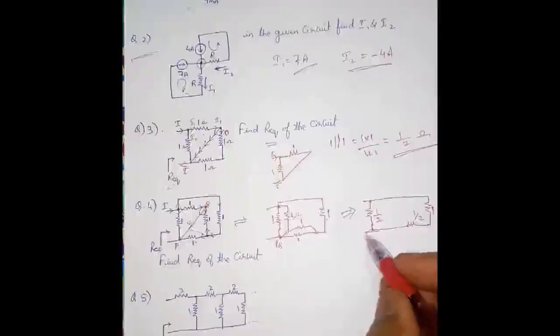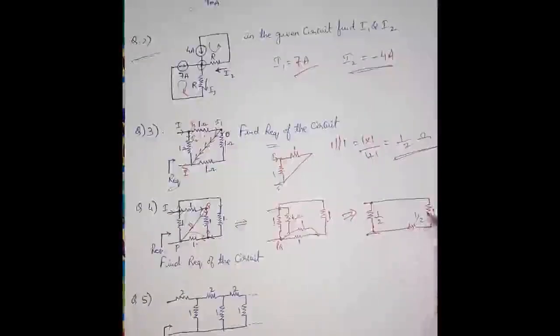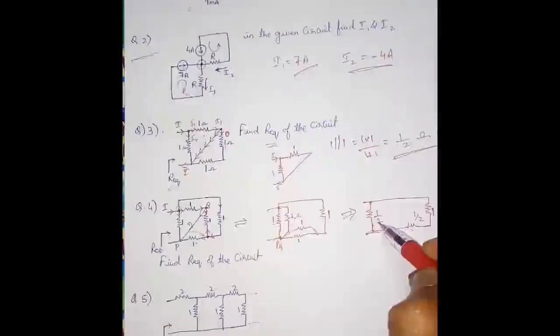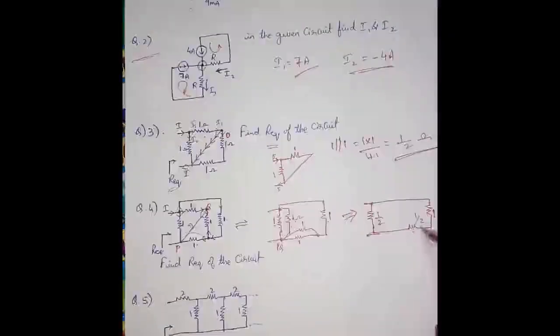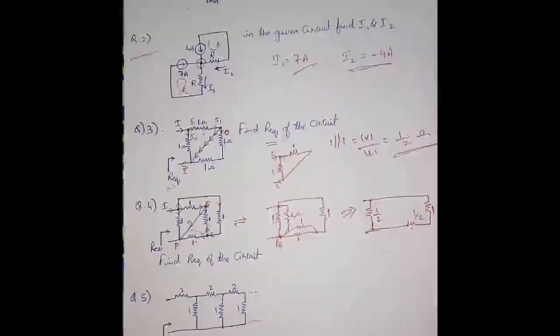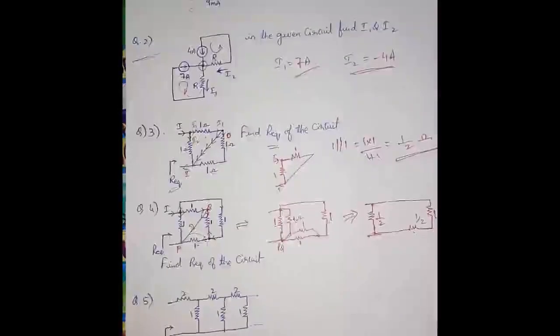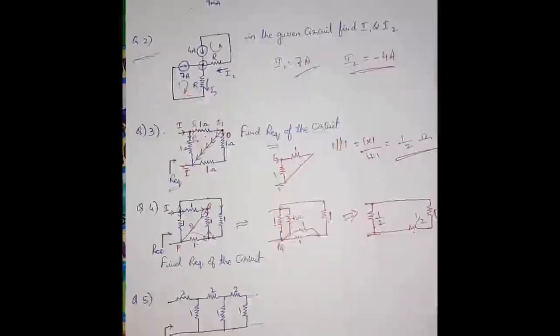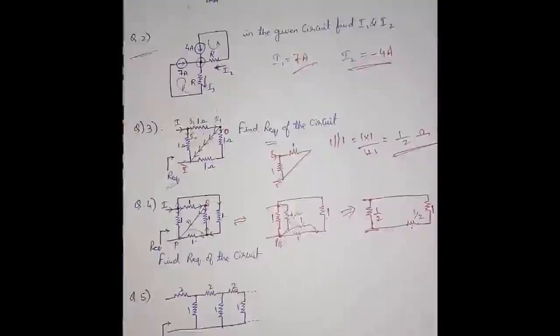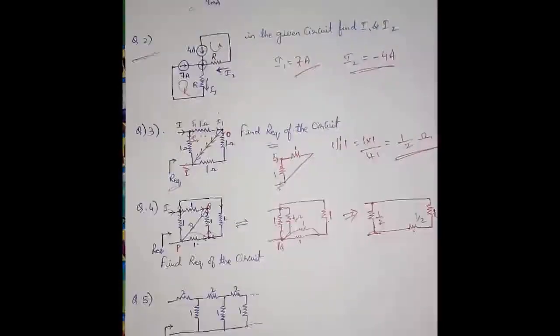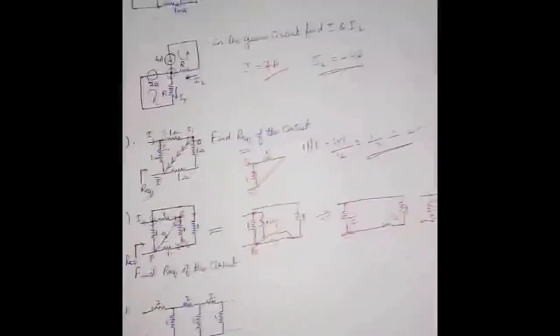Further, now I want to find R equivalent here. These two are in series together, and that is connected in parallel with this 1 by 2 resistance. So when we add 1 plus 1 by 2, we get 3 by 2. So 1 by 2 and 3 by 2 are in parallel. Once we simplify this, we get 3 by 8. So just take these two in parallel: 1 by 2 into 3 by 2 over 1 by 2 plus 3 by 2. Then we simplify it and get 3 by 8. This is the answer. 3 by 8 ohm is the answer.